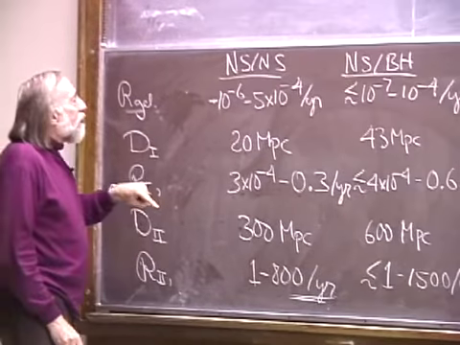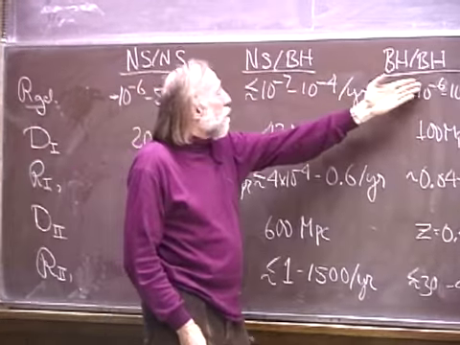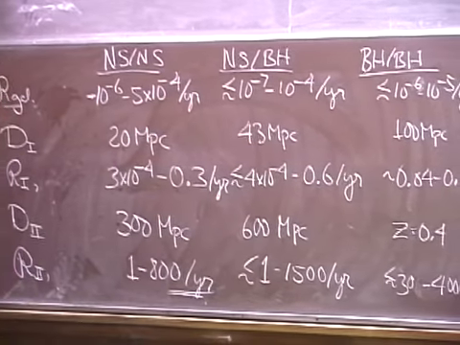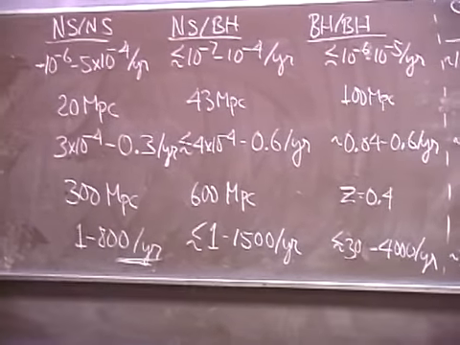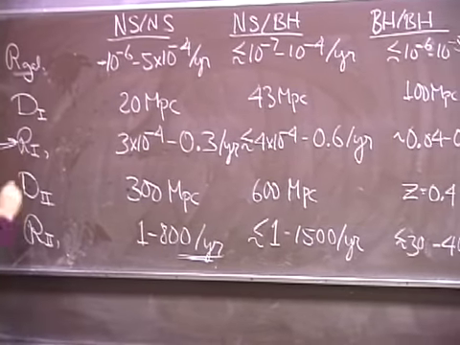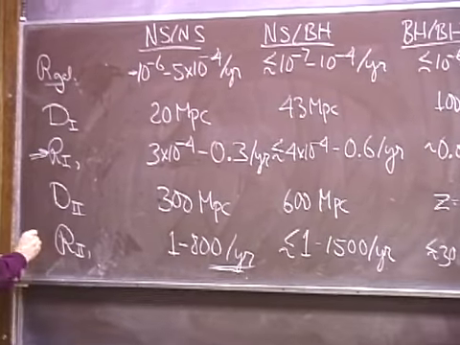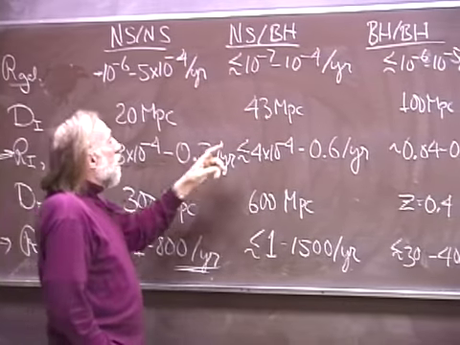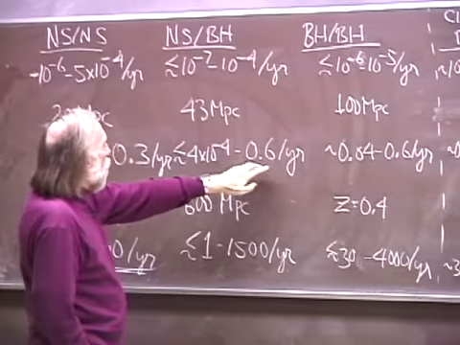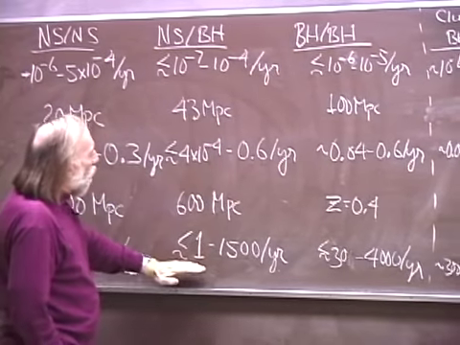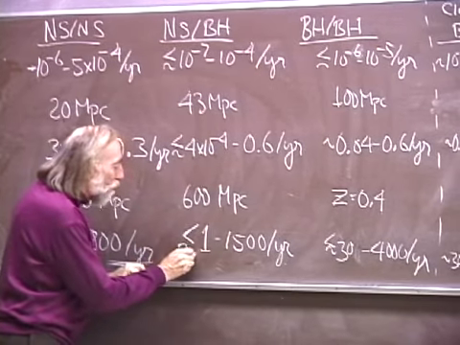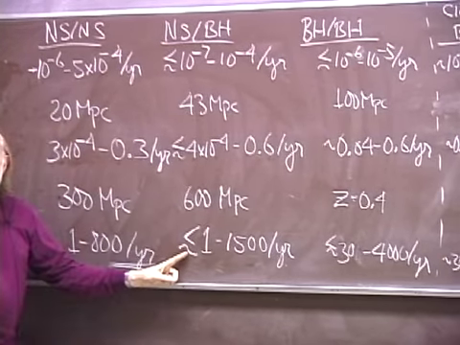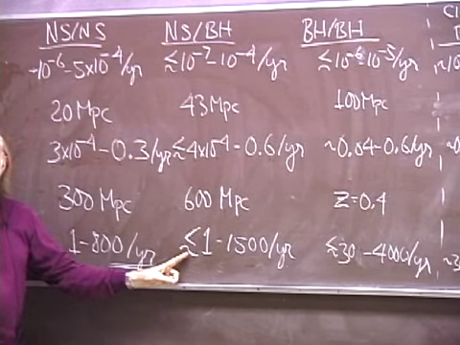When you go through all that, then you wind up with these numbers for the neutron star and black hole binaries, which correspond then, if we look at the important things, the rate as seen by LIGO 1 and LIGO 2 interferometers, to event rates of 4×10^-4 to 0.6 per year, or 1 to 1500 per year. Now you notice there's a less than or of order. That's because we've never ever seen any of these systems and so we're not absolutely sure that the population synthesis calculations are giving the right answers.